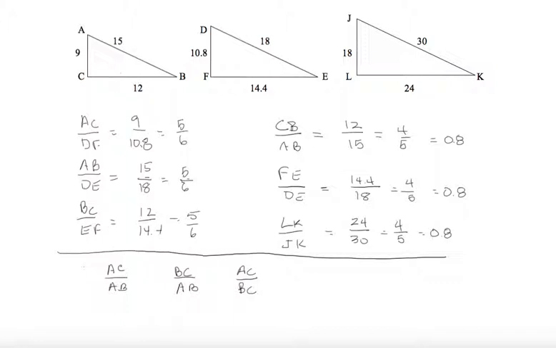Now, we can also flip those upside down. So instead of comparing AC to AB, we compare AB to AC, because that gives us a different ratio. And then AB to BC, and BC to AC. These 6 ratios are your basic trigonometry ratios, but we're only going to worry about 3 of them for this course, and we will talk about that